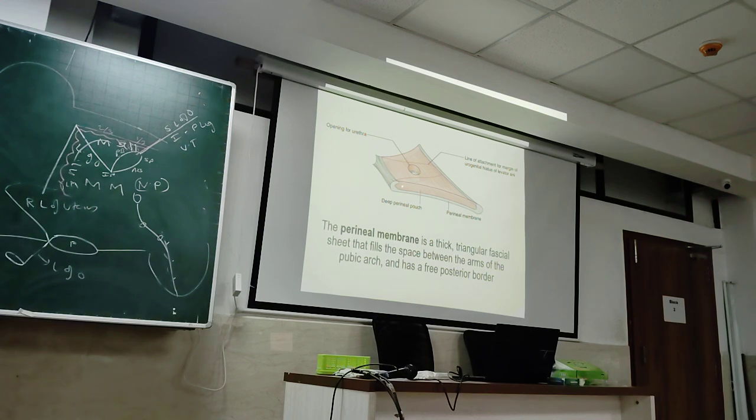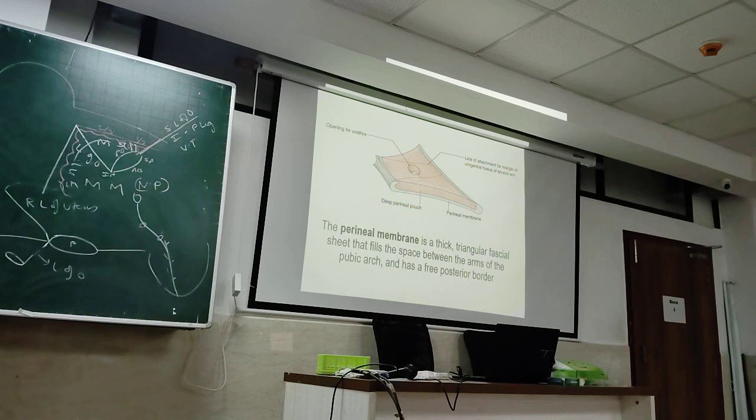But this fascia which is there above is seen only in formalin fixed cadavers. Otherwise, the superior fascia which we are seeing here is just the epimysium of the muscles. This is the loose connective tissue, epimysium of the muscle. When injected with formalin, it will appear like a space and it appears like a pouch, which is also not a pouch because there is no covering above. So it is also deep space.